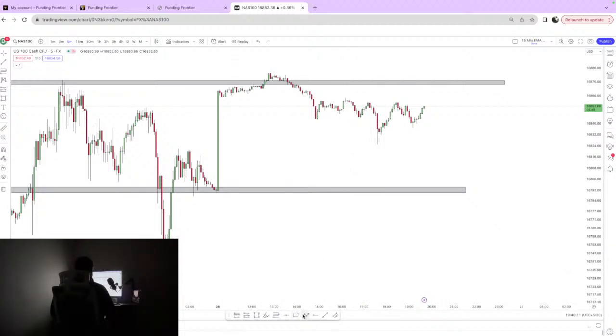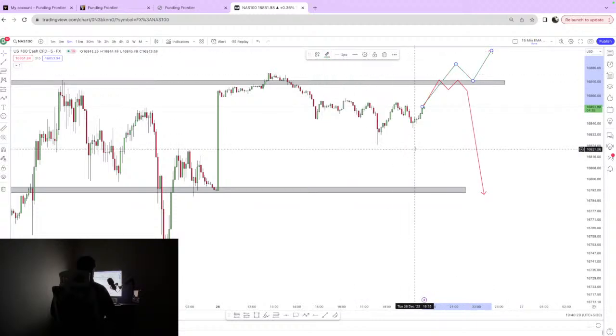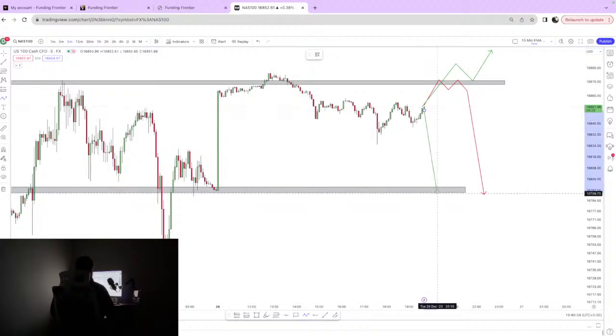So, very simple idea today. Either a double top, then a fall till here. As it is a bearish idea, let's make it red. Or a breakout, a retest, then a 1:1.5 trade. So these two. One more: a fall, a double bottom, or a bullish engulfing, then 1:1.5 or anything, time will tell.